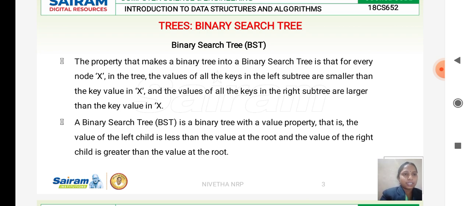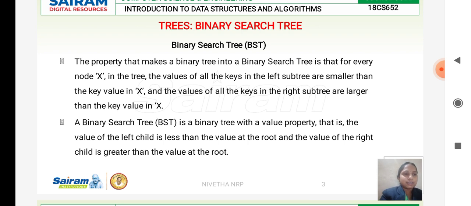That is the first condition, and your right subtree should always be greater than that of your root node. So when you consider a root node, the left subtree of your root node should be less than that of your root element, and the right subtree of that element should always be greater.